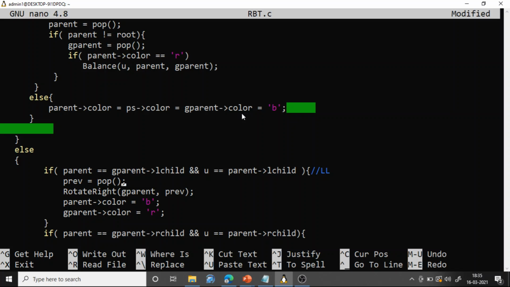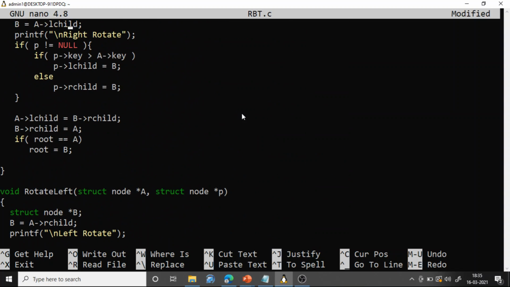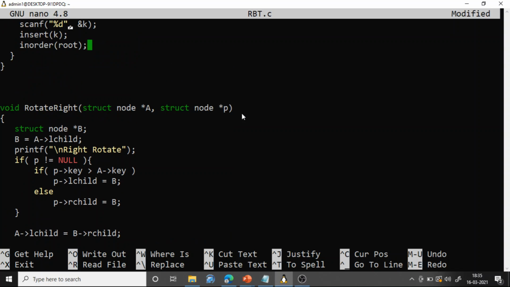For performing rotation, we also need the parent of the grandparent node, because when you perform rotation, the child node will come to the top and the pointers will change. The rotation logic is the same logic we used for the AVL tree. If you remember, for left rotate and right rotate, we used 2 things: the node you want to rotate and its parent.